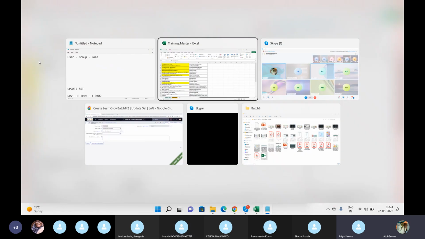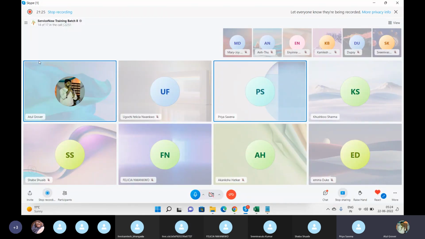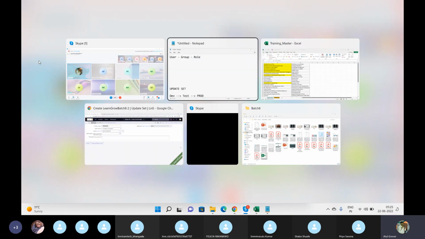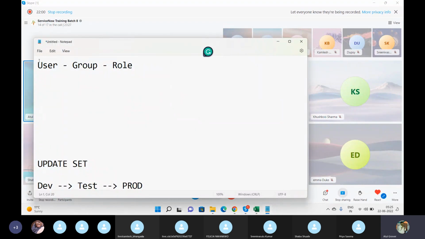So if I take an example, if Priya wants to order something from any e-commerce website, at the first point, what does she need? She needs a user account. Only then will she be able to log in to that particular website and make an order. Agree? Right? Maybe you can say, I can still access the Amazon website or Flipkart, but you cannot make an order unless you have a user account. So now I am going to provide usernames to you guys to log in to my instance, and going forward,